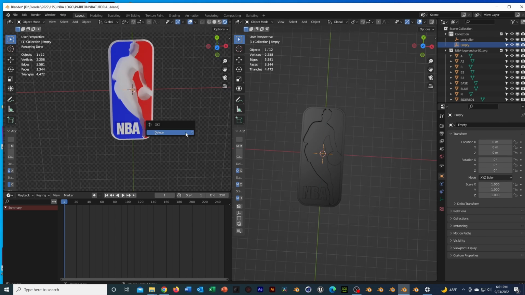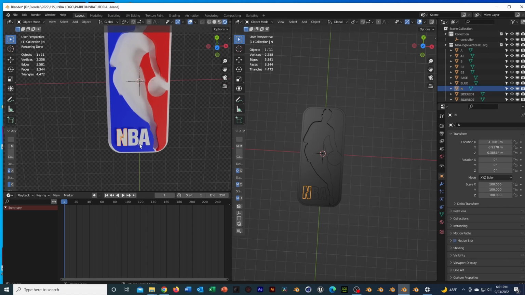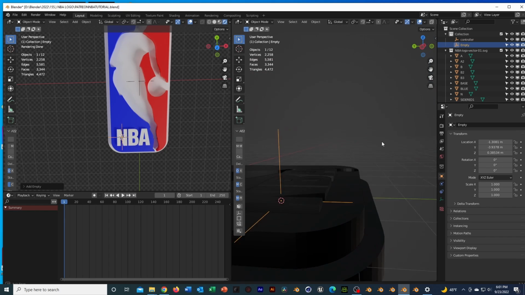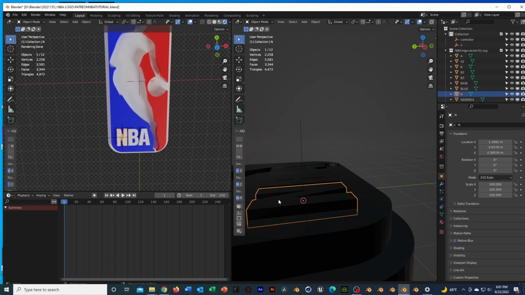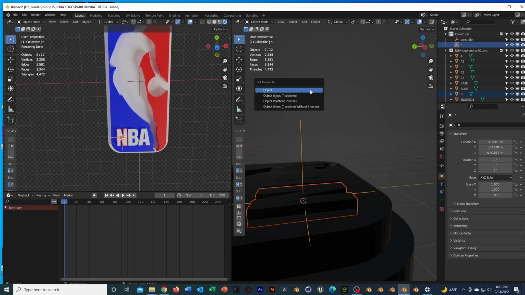The easiest way to make sure that you're getting to the center of the object: click any item, hit Shift S, and then cursor to selected. It should bring the world cursor right to the object you chose. So now if I was to go and double check my empty object, just making sure that it's centered with the object, and I'll just call this N, and now I can select the letter N and then go to my empty N, click on it, Control P, object,